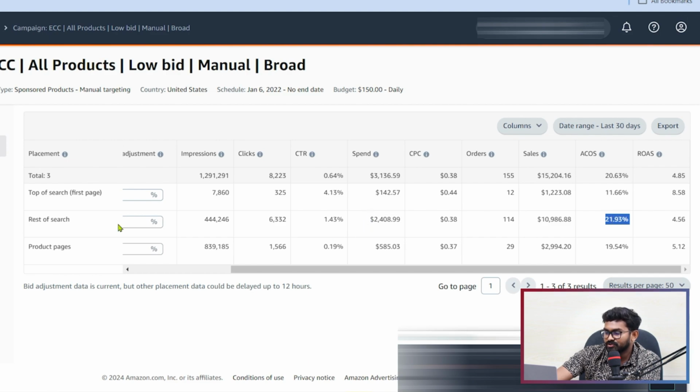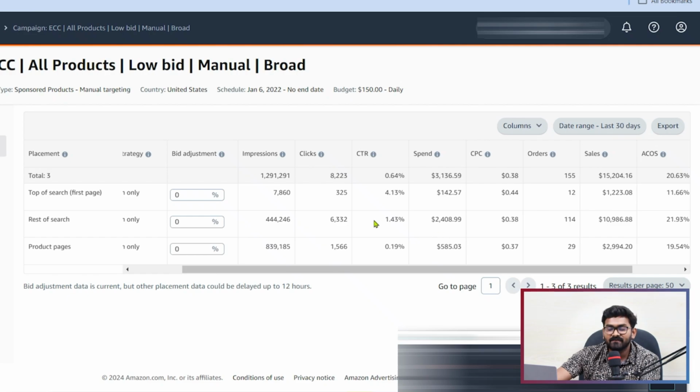But if I compare these two, I can see that my top of search first page performance is better than the rest of search. You can consider the CTR, 4.13%. That means whenever my product shows on top, people click on my products. And you can also see the conversion rate is very good compared to rest of search.